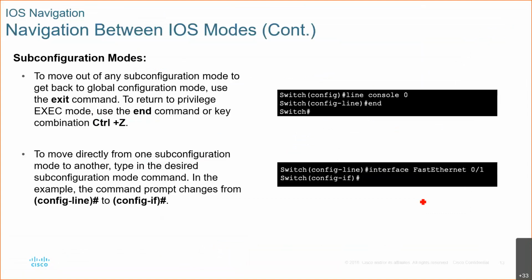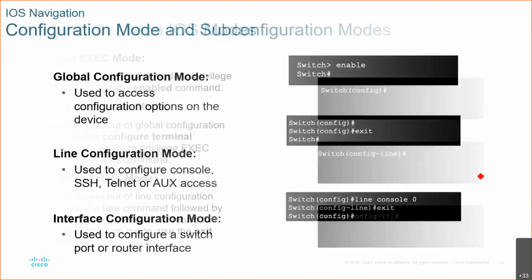Now, for example, if you want to give an interface command, you just type interface fast Ethernet 0/1. If you go to your switch, if you look at your switch,